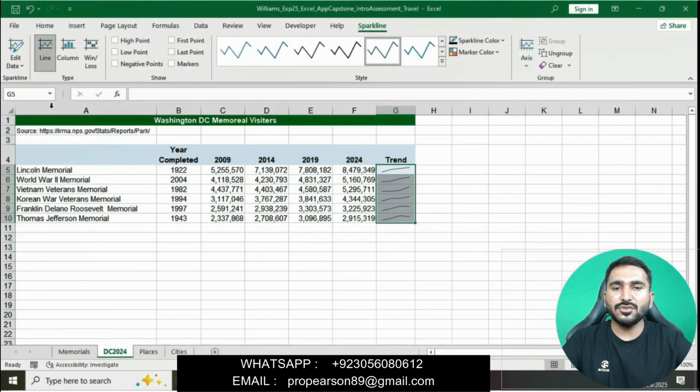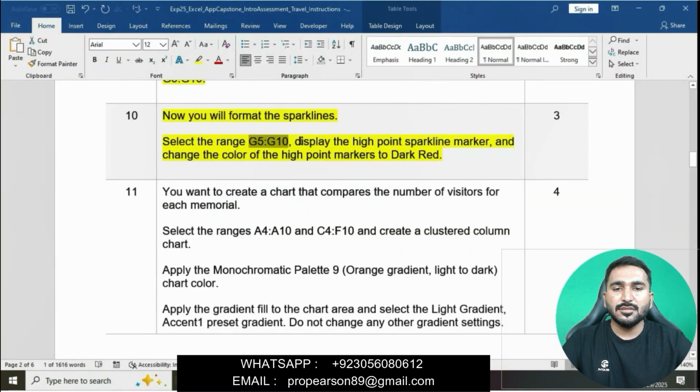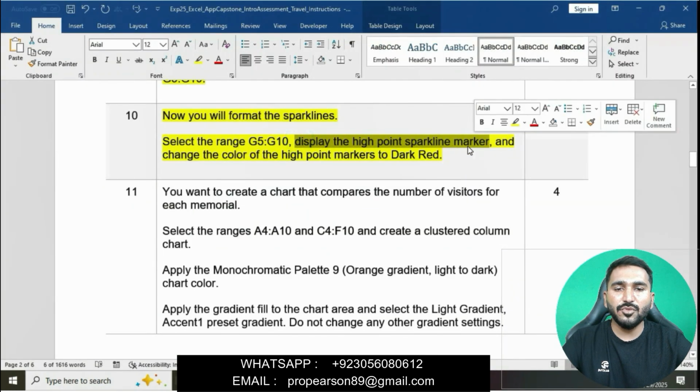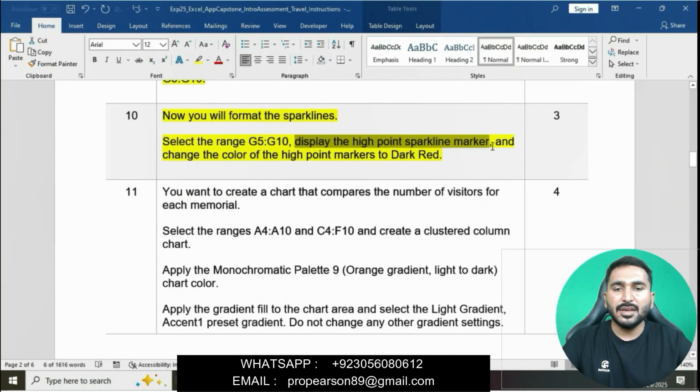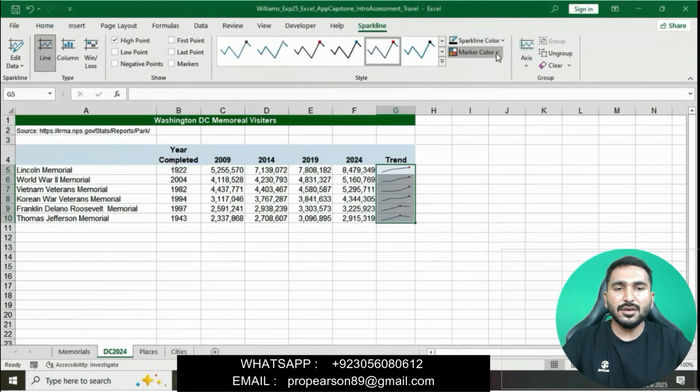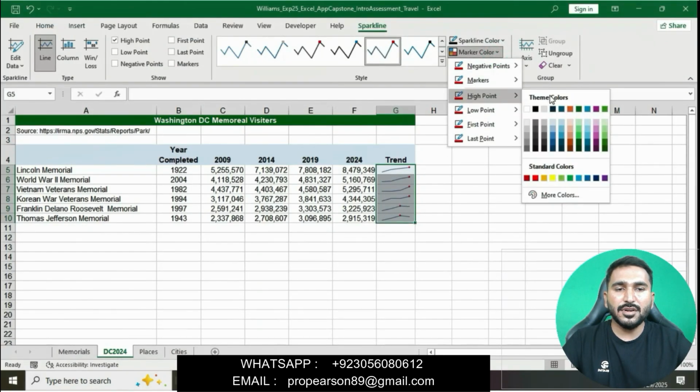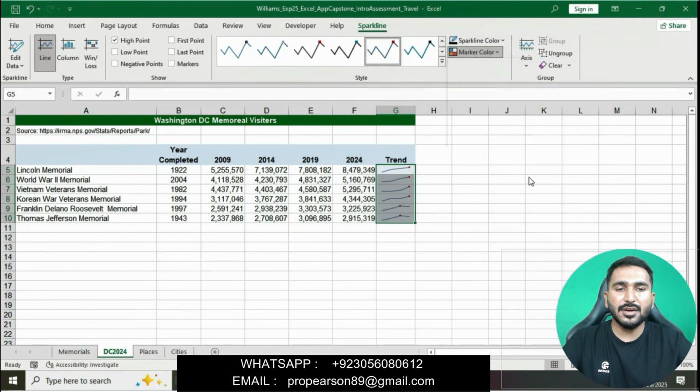Go to the Sparkline tab, go to the Show group, and click on the High Point checkbox. Then change the color of the high point marker to dark red. Go to Marker Color, High Point, and we will apply the dark red color.